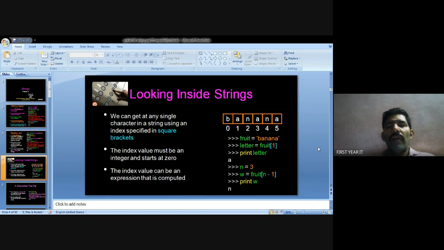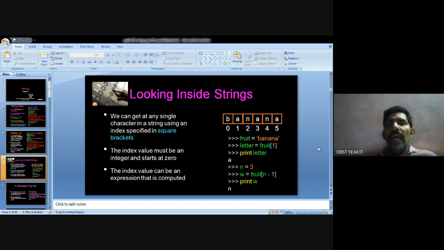After execution in this problem, fruit equal to banana. Letter equal to fruit of 1. The fruit of 1 gets the position of the banana. Print letter gives the value a, which is the position 1.